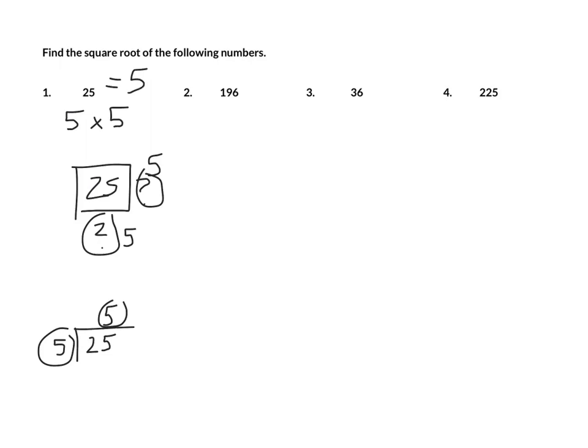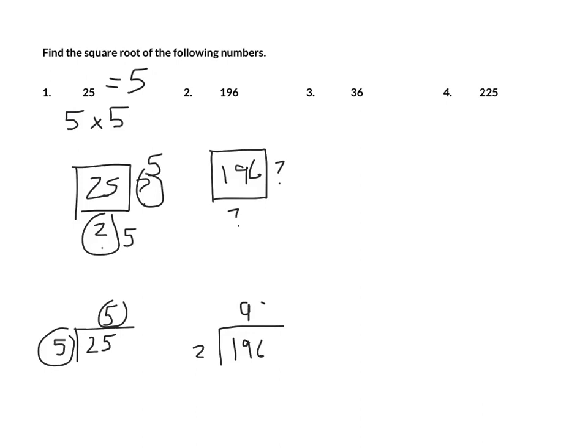But on a harder number like 196, I may not know what number times what number gives me 196. I do know, however, that two numbers that are the same will multiply to create 196. As long as the two numbers are the same, I must have done it right. So I'm going to take 196 and break it down to its prime number parts. It's even, so I'll divide it by 2, and that is